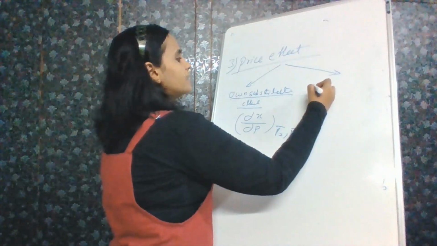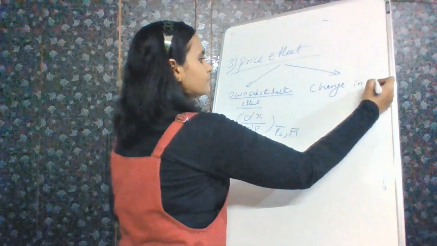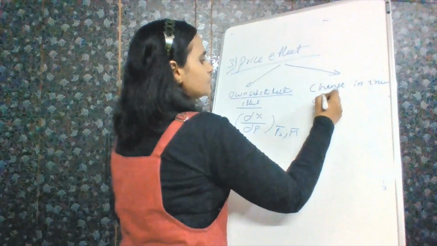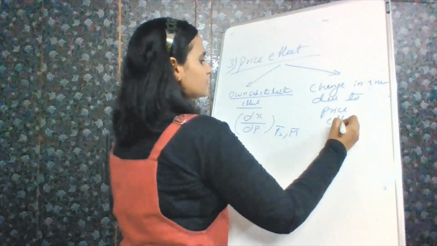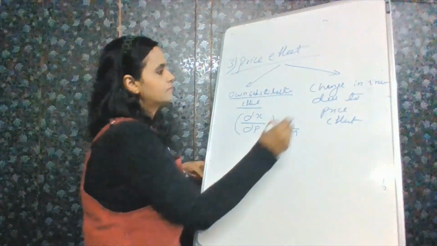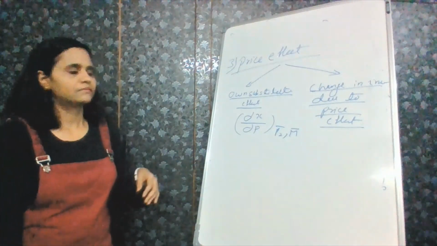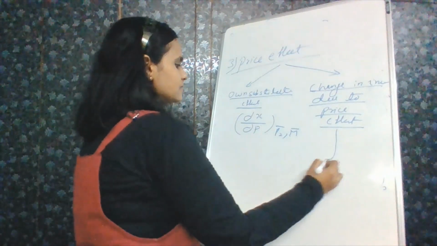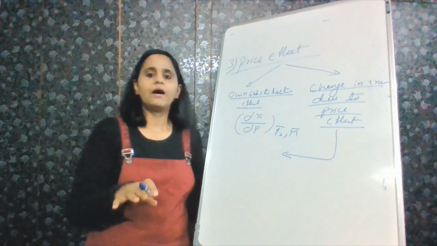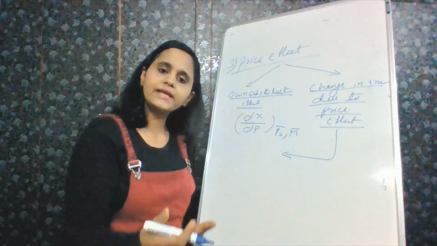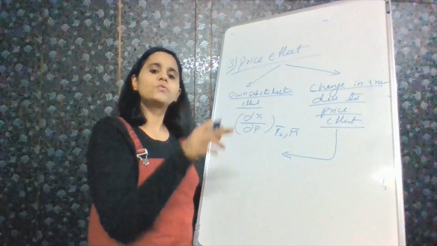Since your expenditure is getting less or more because of the price change, your income will also change. So the other impact is the change in income due to price effect. Now your income is changing, and your quantity is changing because of the income effect, where income changed due to price effect.